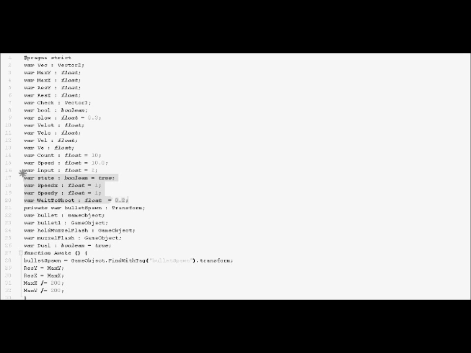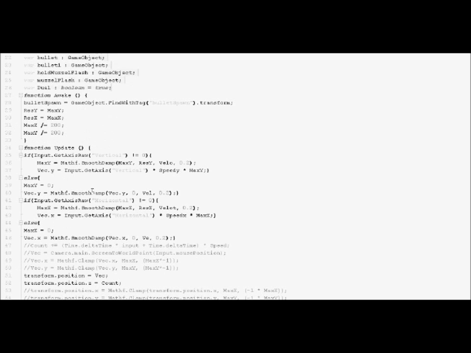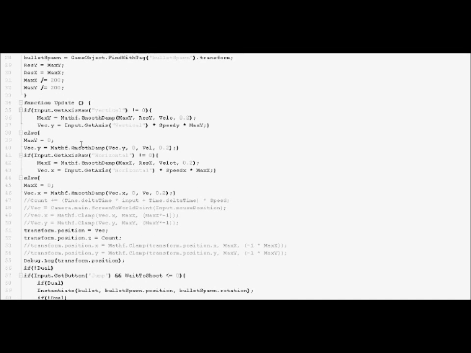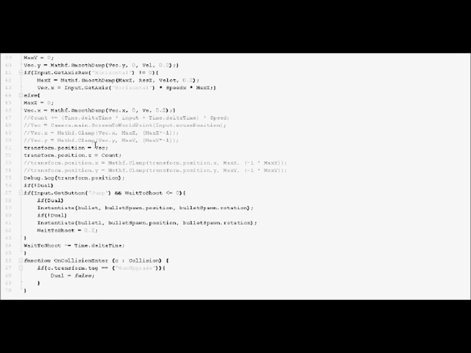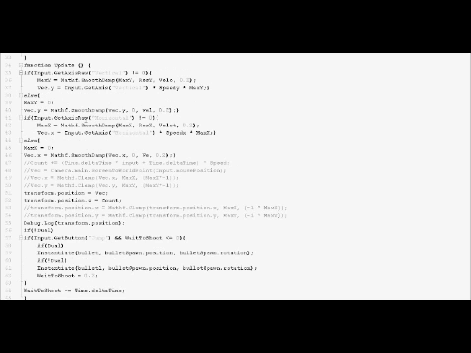So pretty much from here, I used all these. I'm slow. Where did I ever use slow? Maybe it's a variable I thought I needed. Yeah, I don't see it in the code anywhere, so I can just change slow to be